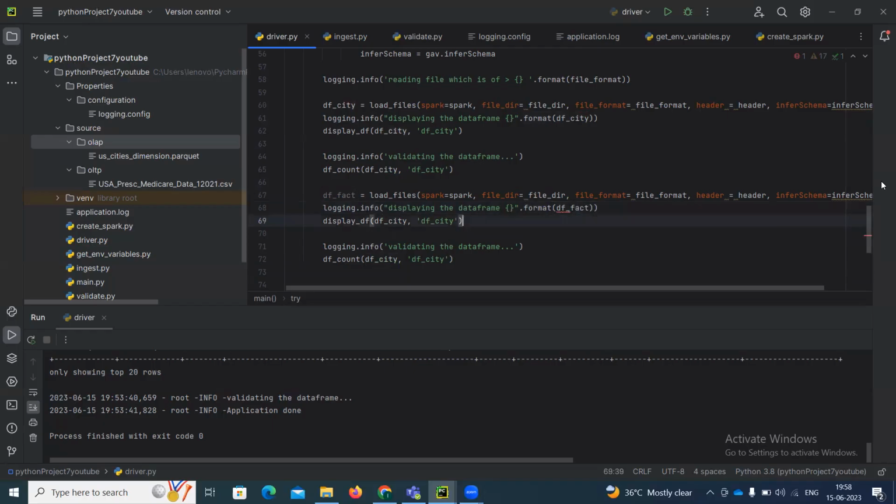DF fact. Okay, that is the advantage of writing in a function. I just reuse this one, right? Now, if I run this application,